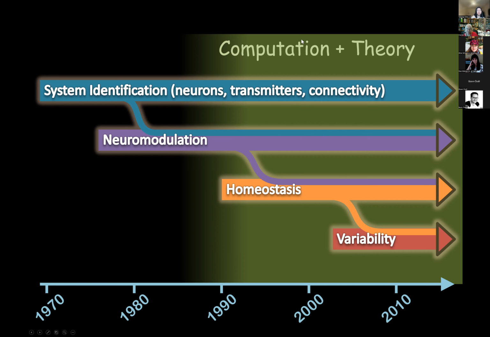Now I've shaded in green here when we started using computational methods, and that started in the late 80s. And so everything from then to now has been a mixture of experimental and computational work. And the reason for that, and I think it's really important to explain why that happened, is I'm a biologist by training, and at a certain point it became clear, and I knew this as a graduate student, that it